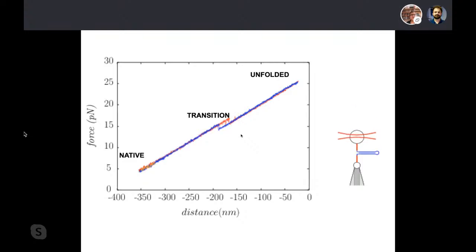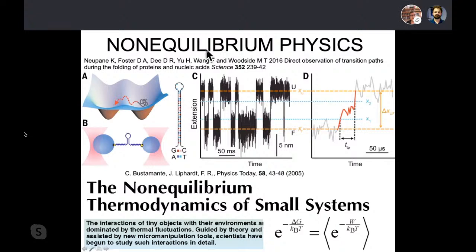Now, these sorts of experiments have been very interesting for non-equilibrium physics because they have allowed us to access new phenomena, like, for example, the so-called jumping over an energy barrier, the kinetics of conformational transitions over transition barriers. So I show you here 2 examples. One example is these beautiful experiments done in the group of Michael Woodside in Canada, where he is able, by looking at very short time resolutions of barely 5-10 microseconds, to see how the transition between the 2 levels of force happens when the molecule